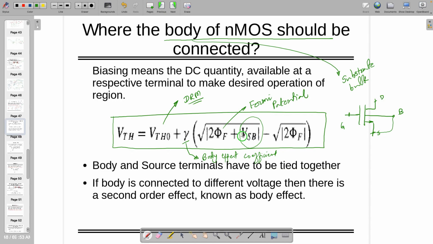If the source is not connected to ground or not connected to VDD, let's say it is connected to some sine wave, this is possible, right? If it is changing, then the body also has a sine wave as an input. So there are two inputs going simultaneously to the device, and this device not only works as a common gate amplifier, but also works as another amplifier which is giving you amplification from the body. If you look at that equation,